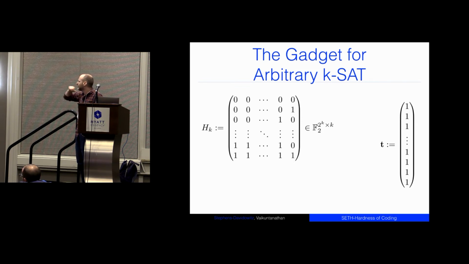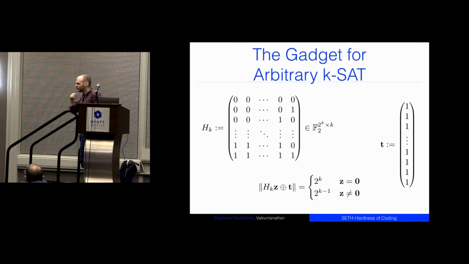So if you like, row 0 is 0 in binary, row 1 is 1 in binary, row 2 to the k minus 1 is 2 to the k minus 1 in binary. And still, my target is going to be the all ones vector. And this has this really rather nice property. In fact, it's unique in having this property, that the Hamming weight of Hz XORed with t is large. It's 2 to the k if z equals 0, and it's 2 to the k minus 1 if z does